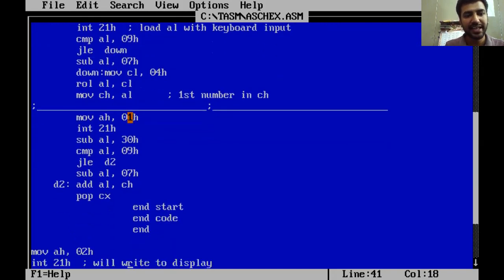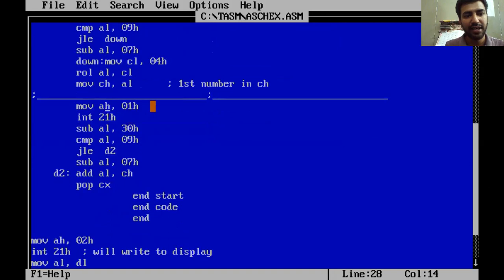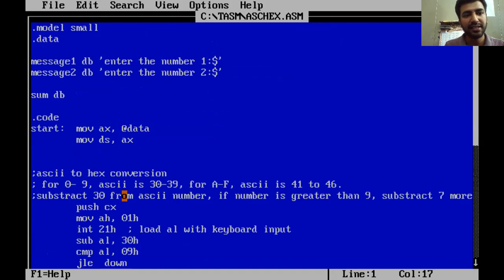Same way, this is the second number. You take the second number here using the interrupt command, then subtract 30, compare with 9. Again you jump if less, but here you will not rotate the second number. You will just add it with the first number, and that's it. Okay, so let's run it.